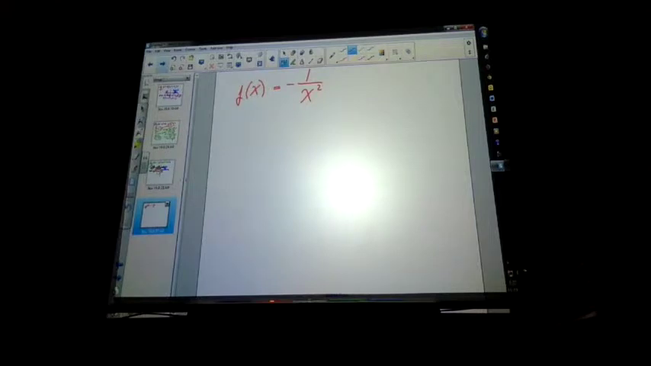So, taking a look at this equation, without using a graphing calculator,